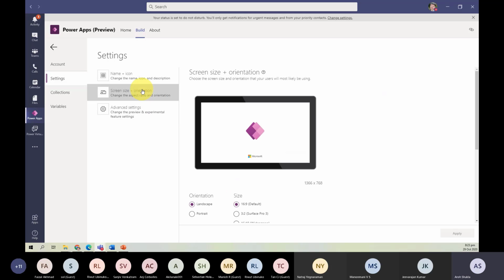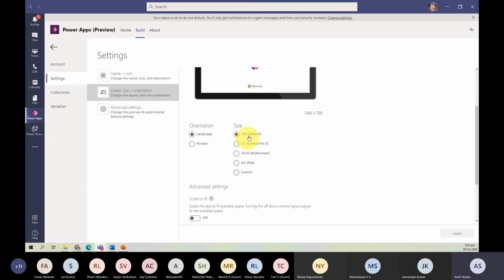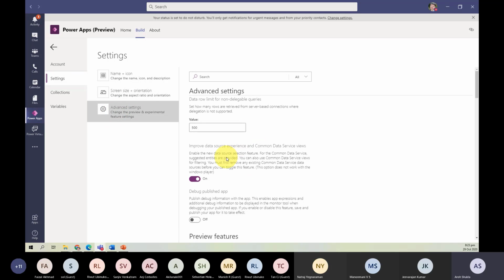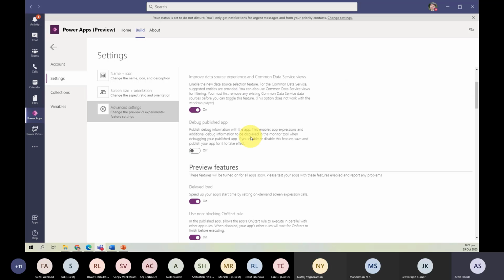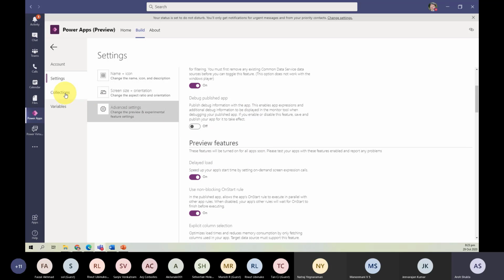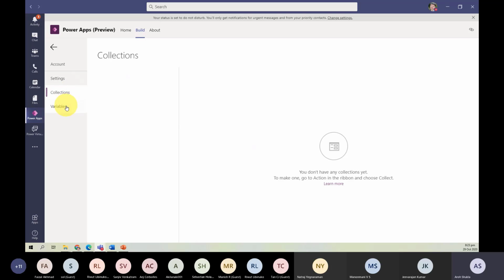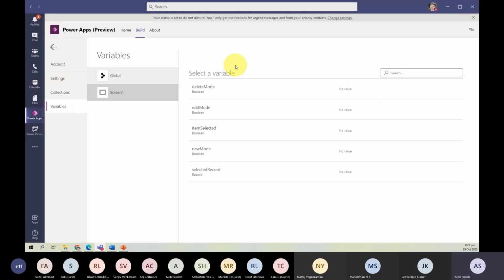Then also you can see the orientation, whether it's a size, a Surface Hub or iPad, and it also has the same kind of functions, whether it's advanced settings, preview features, everything there. All your collections are also built there. You can do everything. These are a few of the applications which Microsoft has already done for you, right? Delete, selected mode, everything, right?